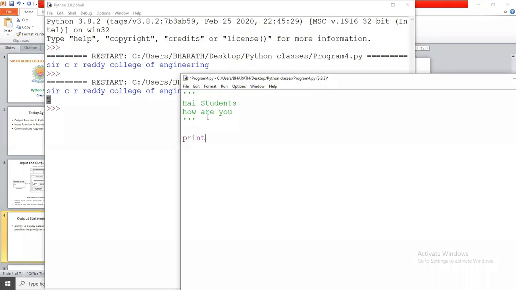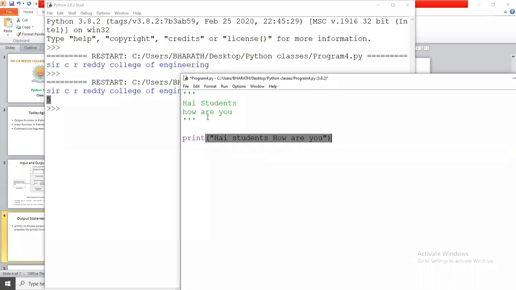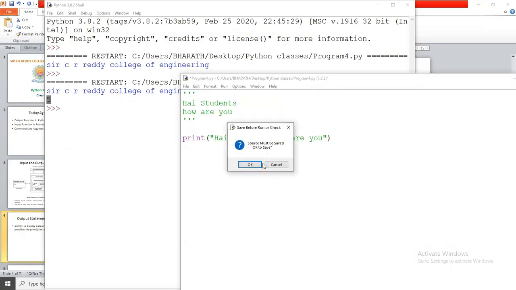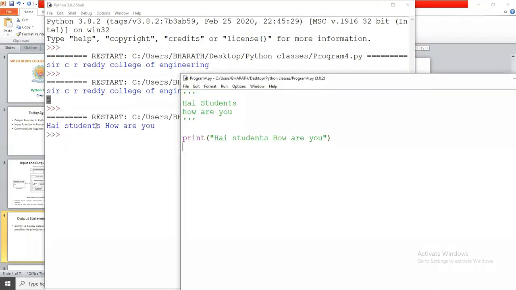Print, double quotation, hi students, how are you? If I execute this statement, what is the expected output? It prints like this: hi students, space, how are you?